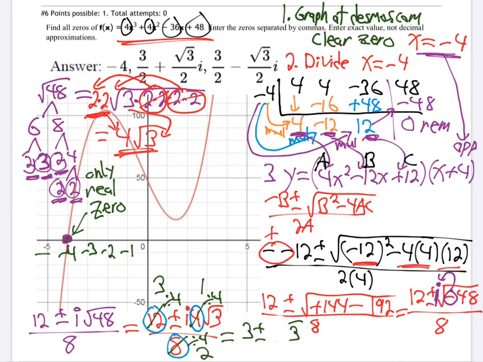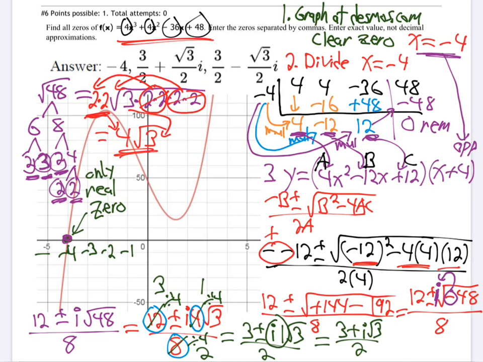Let me write that better. I times 1 times root 3 all over 2. Right? And now let's separate it. I times 1 is just I, right? Multiplying by 1 doesn't do anything, so I'm going to ignore that. My 2 separate answers are 3 plus I root 3 all over 2,